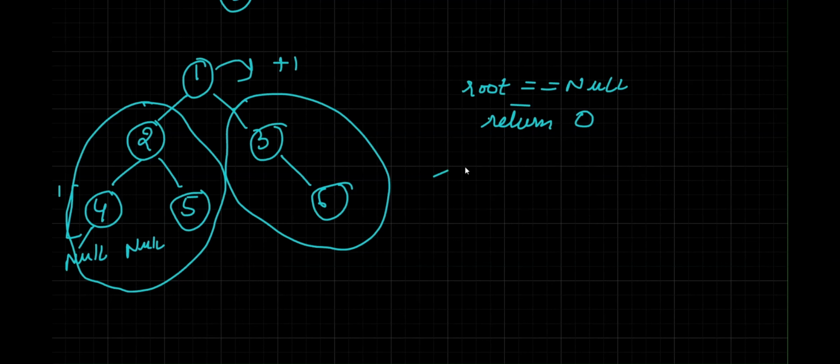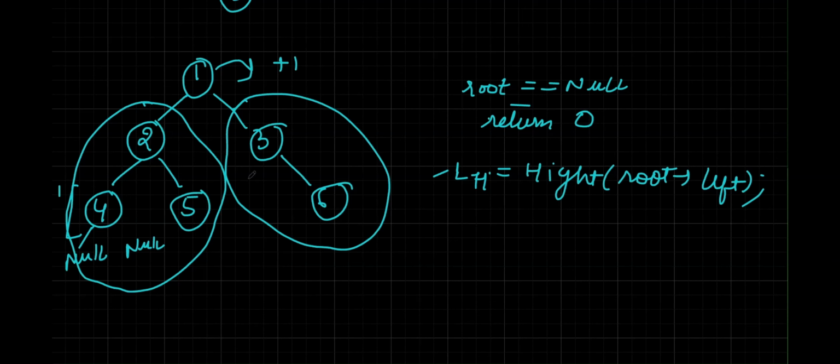At each step we calculate the left height, that is, we call the same function height on root left, and then the height of the right tree, that is, we call the same function again because we know the subproblem is the same. We have to calculate again the height of the subtrees. So now root right,